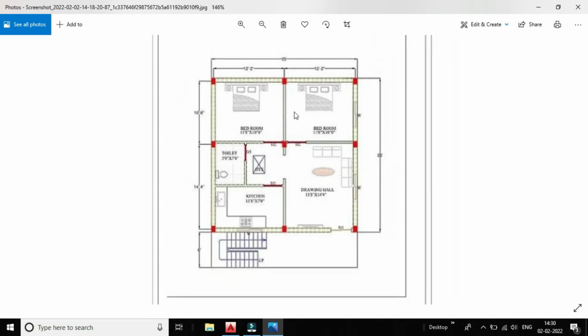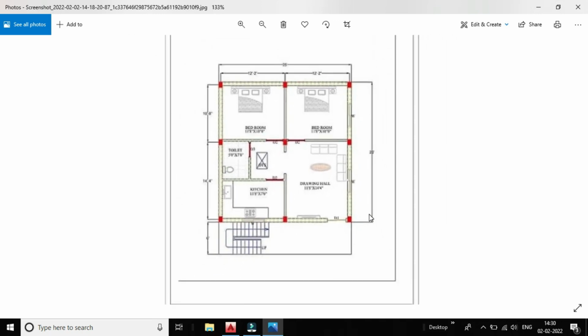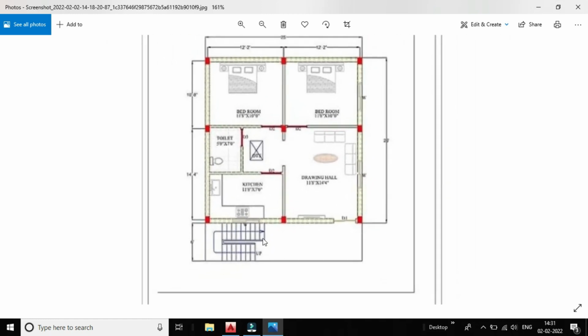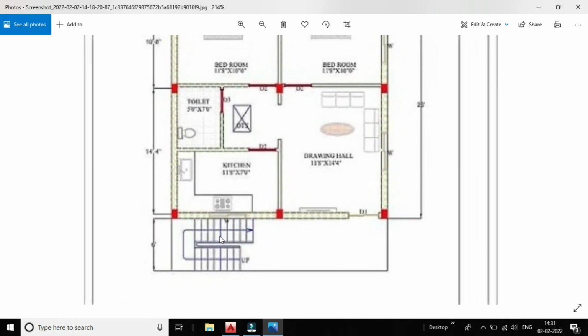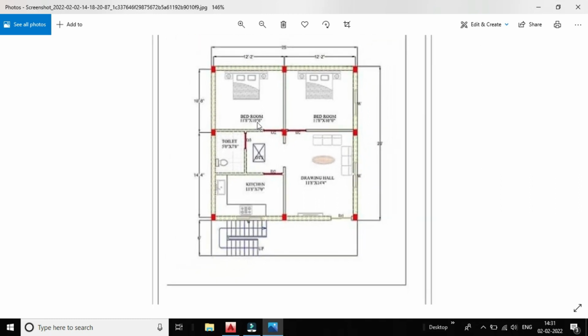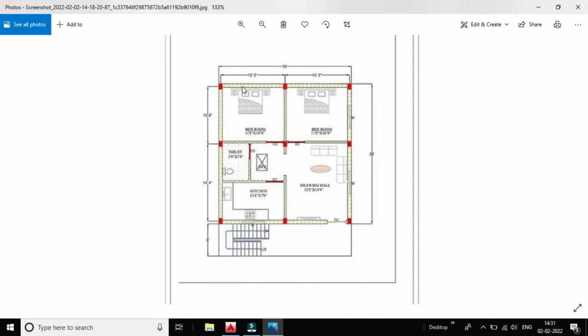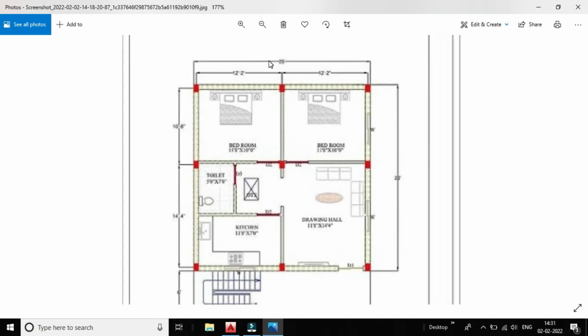Okay, so for that, here you can see this is a rectangle which will be containing... Okay, so later on we will be drawing the staircase. But let us draw this internal plan in this video. Here you can see the outer dimensions are, that means